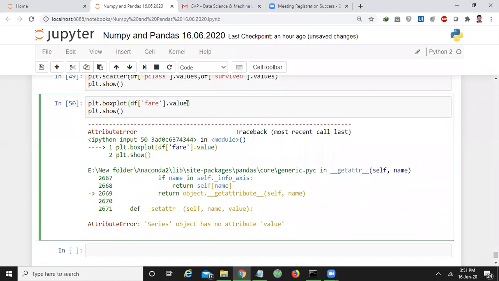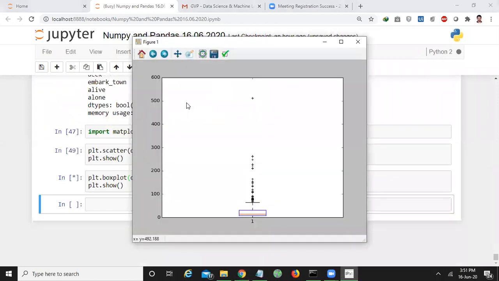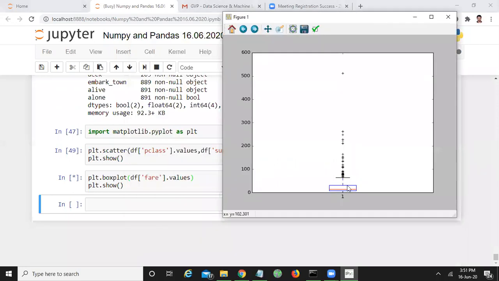Values, sorry, values. See, this is the box plot. What is the meaning of this?